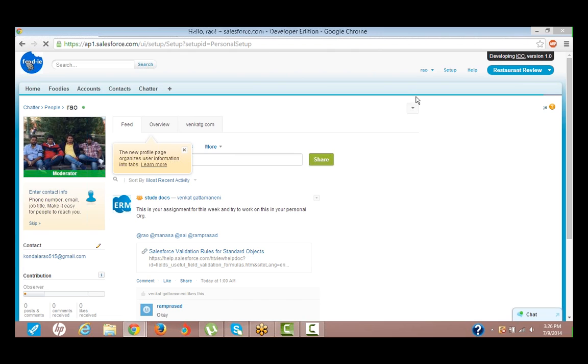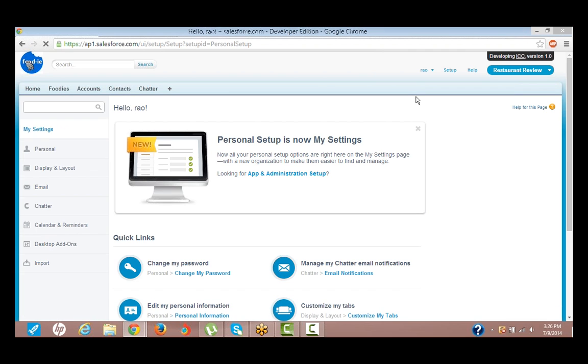Sorry guys, it's a little slow. Now I'm seeing the personal settings of RAW. Now open this personal options, expand this by clicking on this.